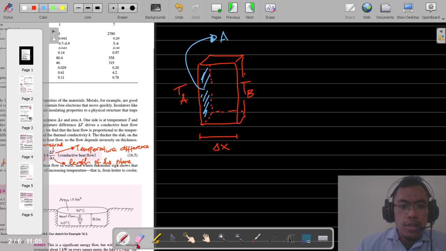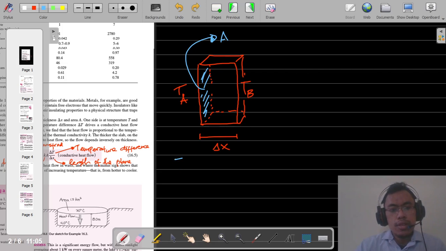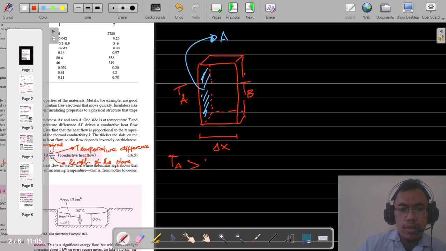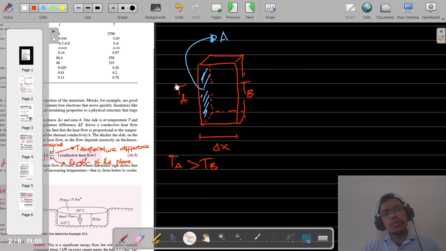So the amount of heat that is transferred from point A to point B, because the temperature of point A is higher than the temperature of point B,